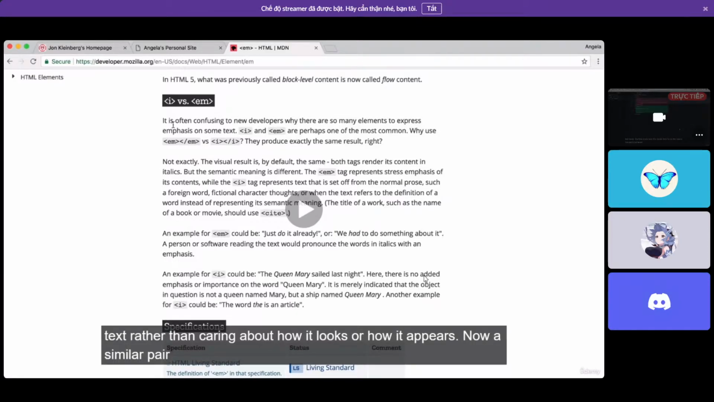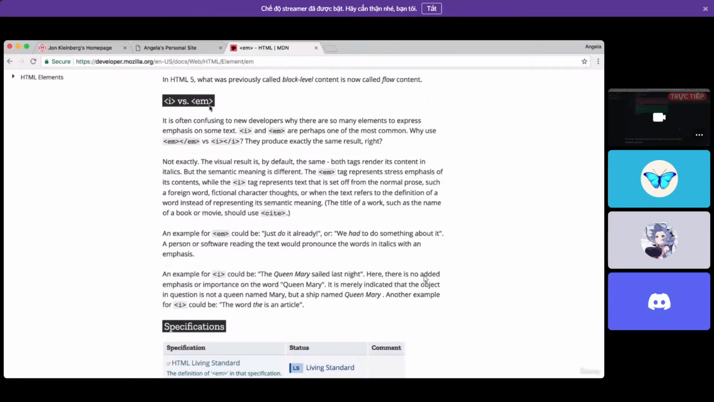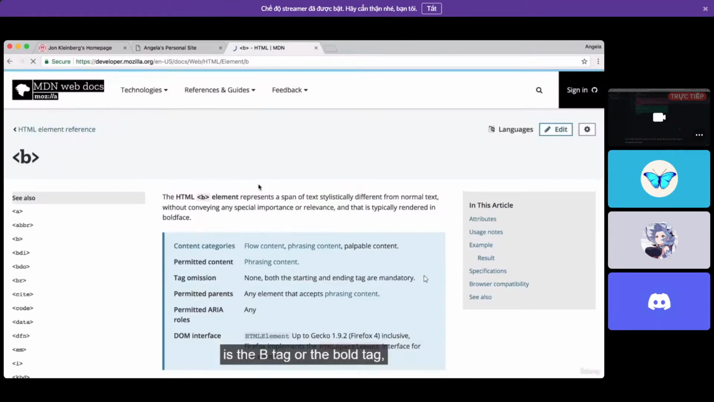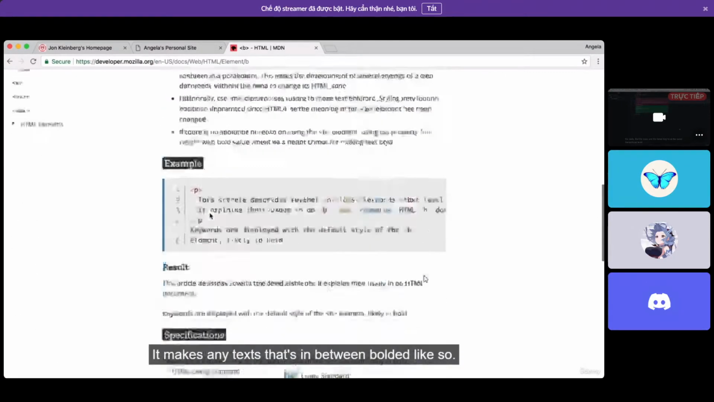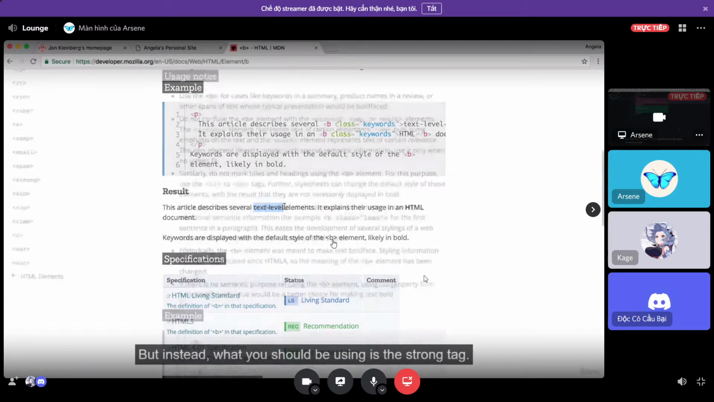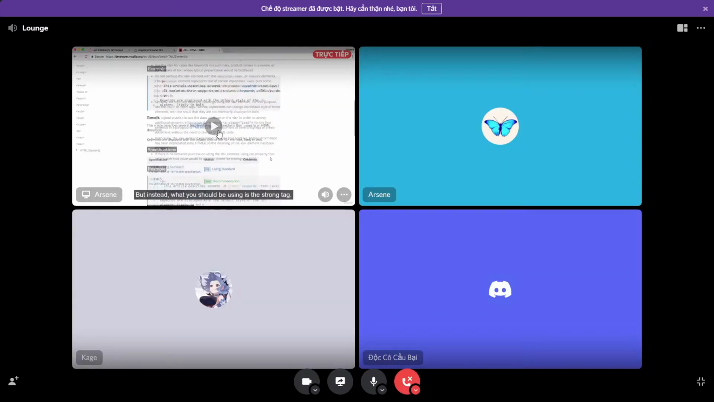Now, a similar pair is the B tag or the bold tag. And this is equivalent to the I tag. It makes any text that's in between bolded, like so. But instead,